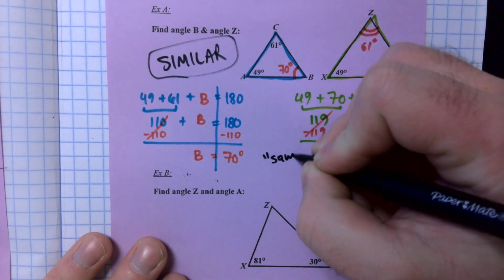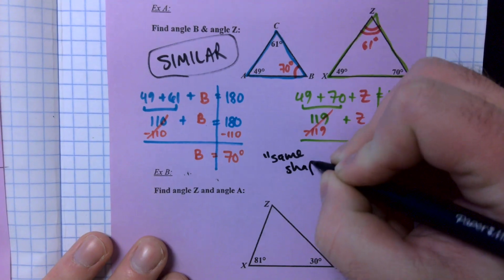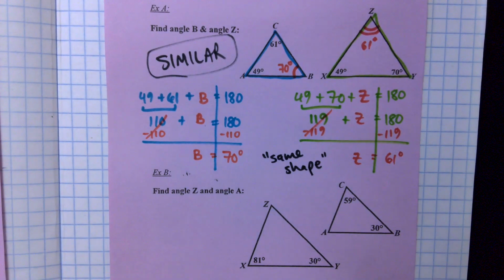This is the definition of same shape. Right? Because if I had this little triangle here, that is what, 49, 70, and 61? If I took this triangle and I changed the angles so that this 49 degree angle